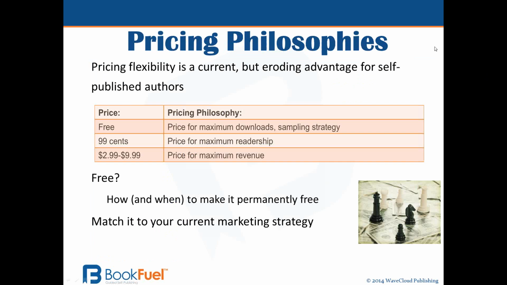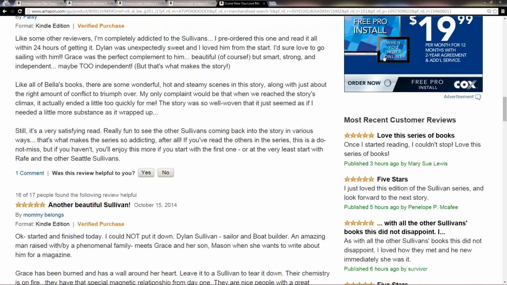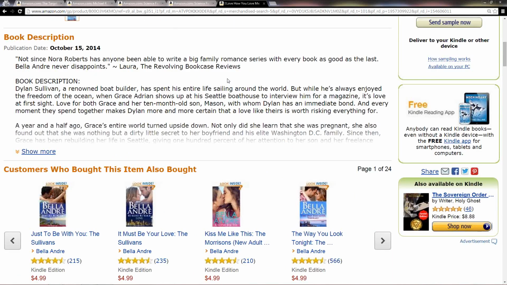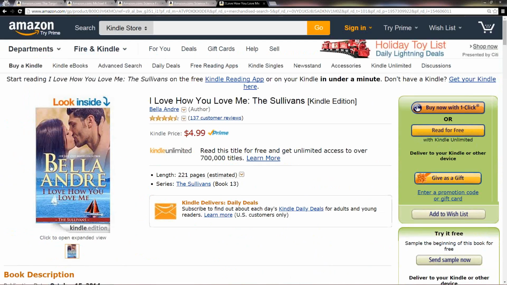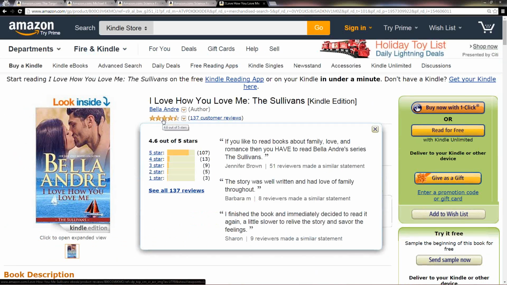Okay, let's talk about pricing. So we talked about book covers. So we're talking about each of the elements in turn on a book page. So the first thing, the most important thing, we talked about your book cover. It's the first thing people are going to look at. The next thing they're going to look at, how many reviews do you have? And what's your average star rating? Right? They want to know,